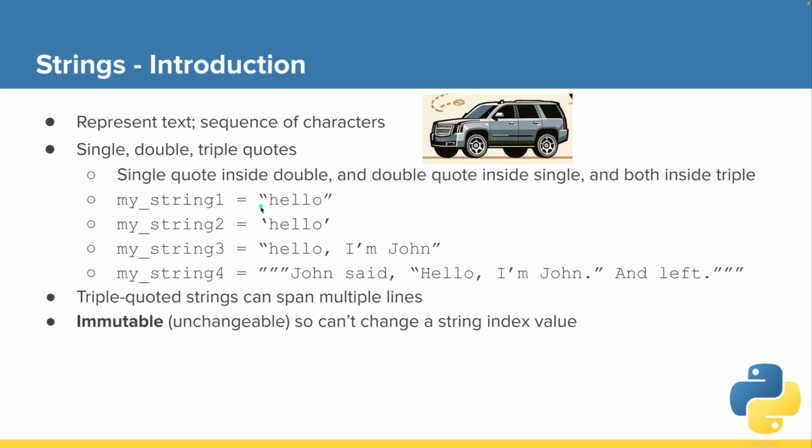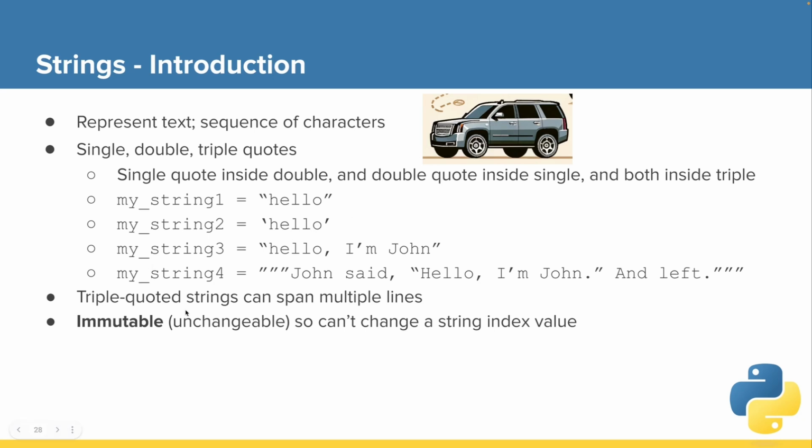However, if we were to try to use a double quote and have another double quote, let's say just right here, Python will think that's the end of the string, and then it will see this other text here and not know what to do with it. So just some tips about using strings and the type of quotation. Again, it makes no difference to Python which quotes we use, whether it's double or single. It's just best to stick to a convention that you like.